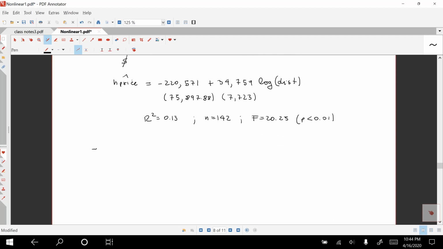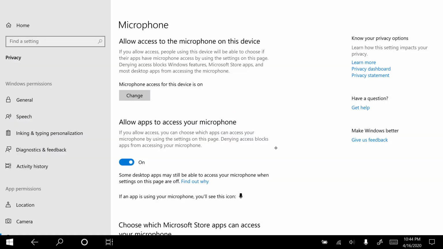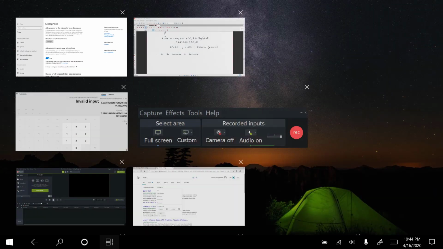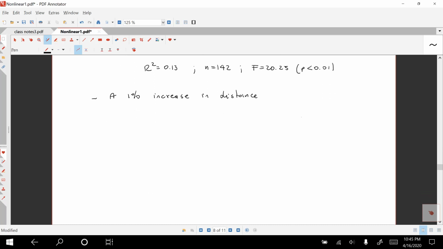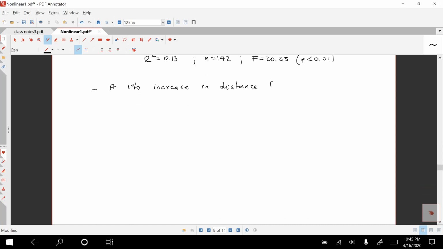So given that, we will say that a 1% increase in distance from the incinerator